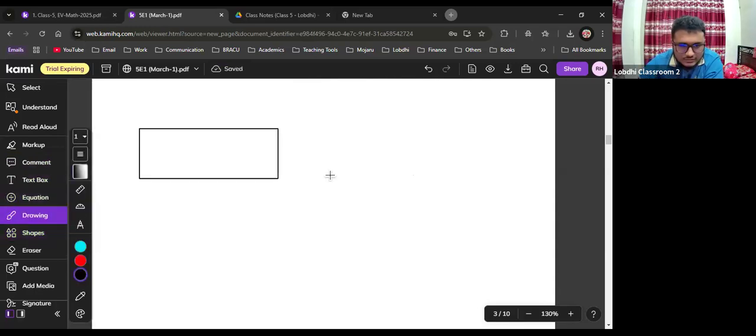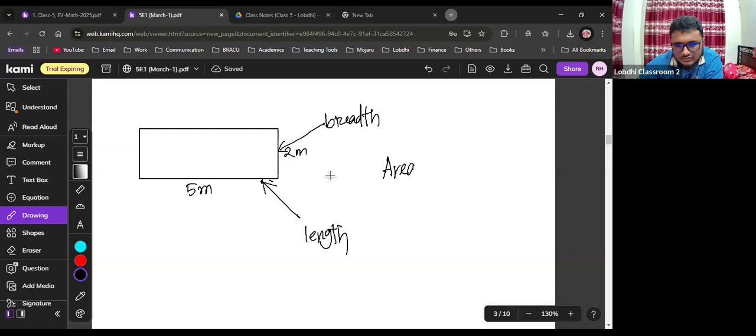So in this rectangular shape, let us assume that the width is 2 meters and the length is 5 meters. Length refers to the biggest side, and the smallest side will be considered the breadth or width, whatever you call it. So in case of this rectangle, area will be length multiplied by breadth or width, 5 multiplied